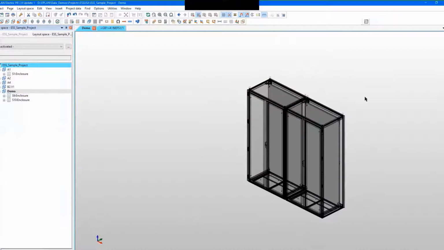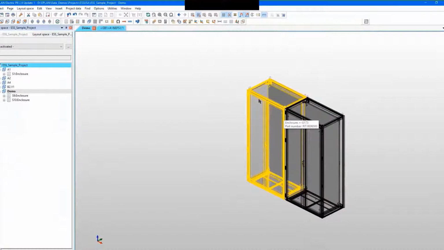And I've got my control panel. I probably need a few accessories. These are a bayed pair of control panels, so I probably want a plinth. I certainly want side panels on each of these. So I'm going to select the one panel,